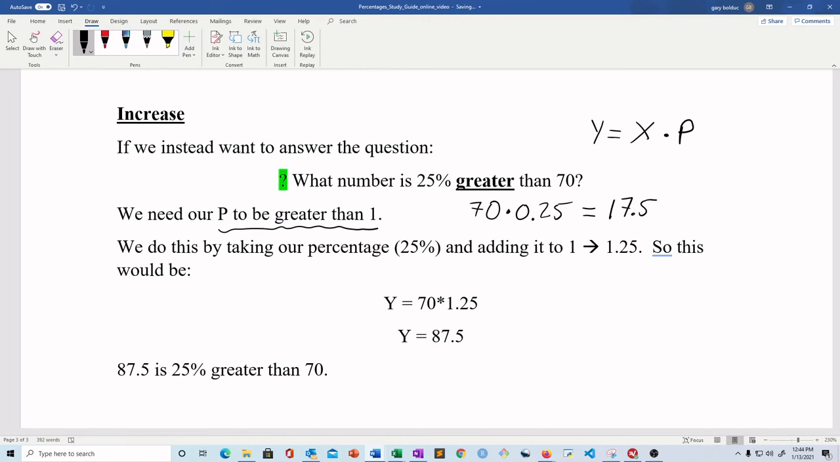So what does it mean to say greater? What do I do with that? Well, I want to get bigger, right? Think math, think I got bigger. That's addition. So all I have to do is then do 70 plus 17.5. So this works. This is a fine way to do percent increase,